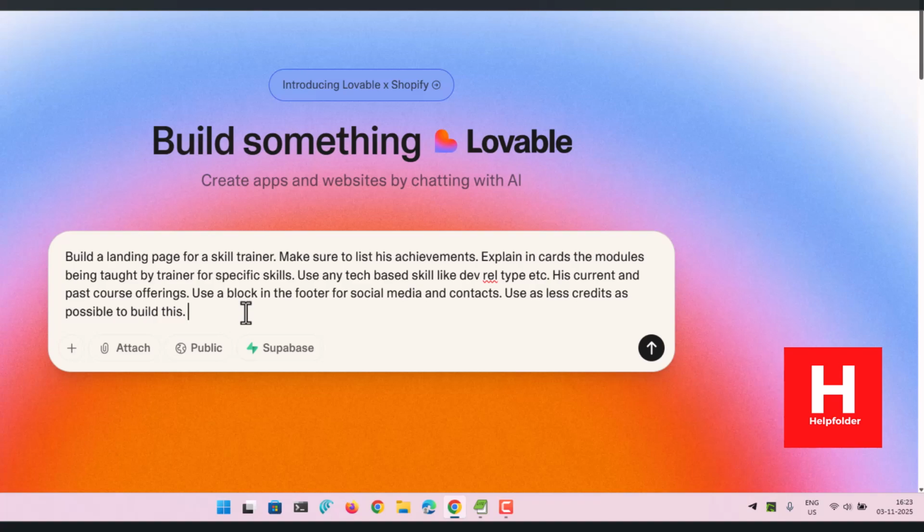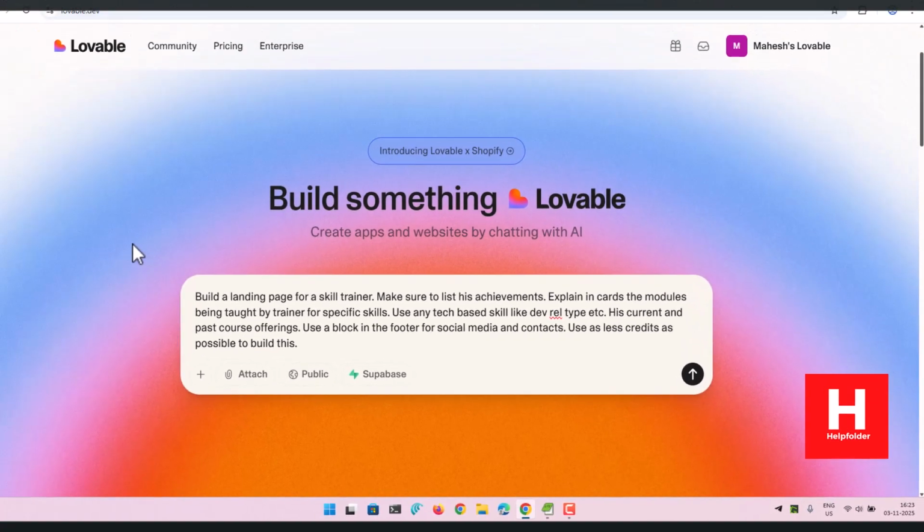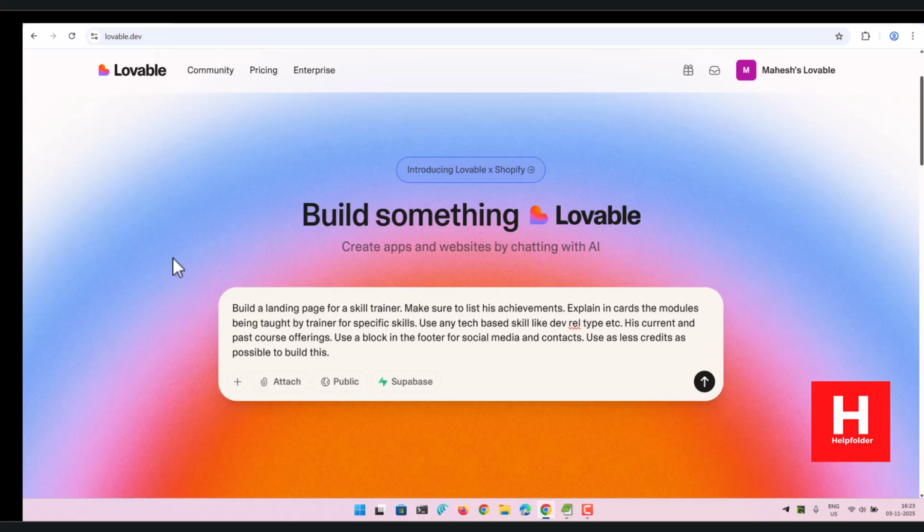Now one more thing, I have to check how many credits I have. 2.5. Still I can squeeze in a design, something like that. So okay, or say C# trainer or even blockchain trainer, right? So we have to use one of the skills out of this, and once it does, it will build